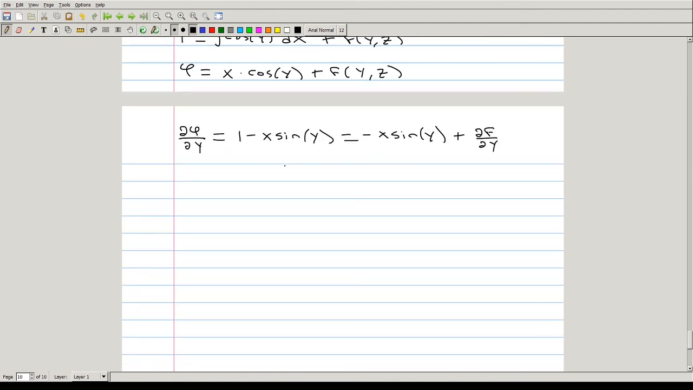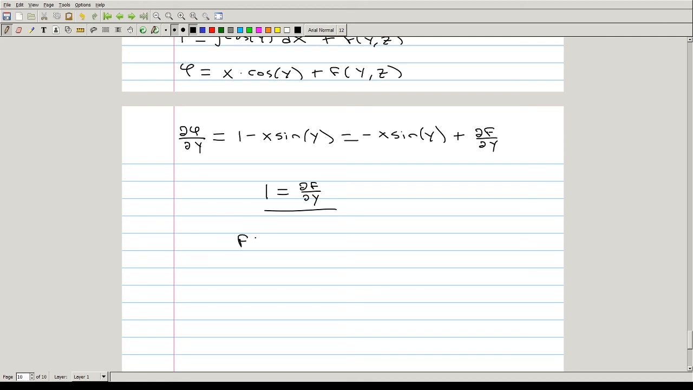And this gives us a very nice equation. It gives us the equation that the partial derivative of f with respect to y is equal to 1, if we add x times sine y to both sides of this expression. So we can do the same exact thing here, we can take the antiderivative of both sides of this expression to get that